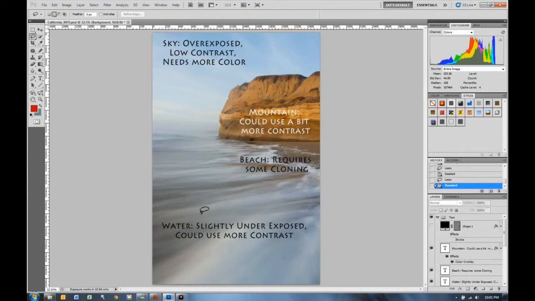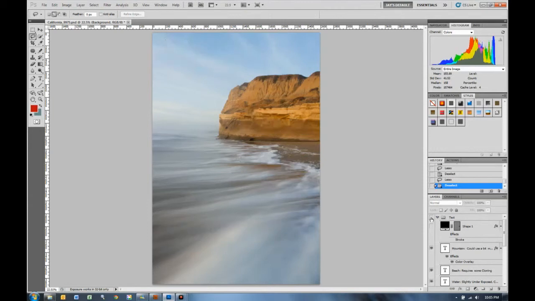And the water seems slightly underexposed. Now, why do I say that? So let's analyze all different areas and see what happens. To find out whether the water is properly exposed or not, I'm going to just draw a selection